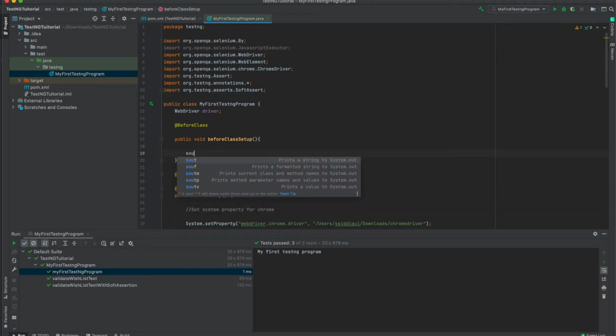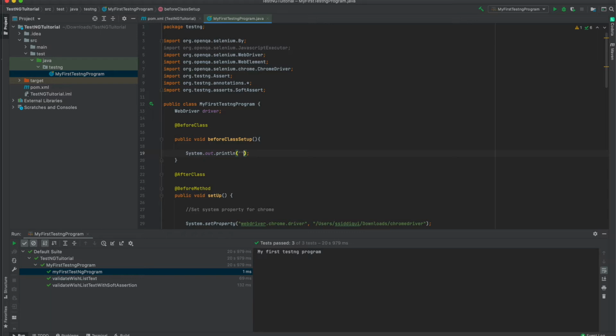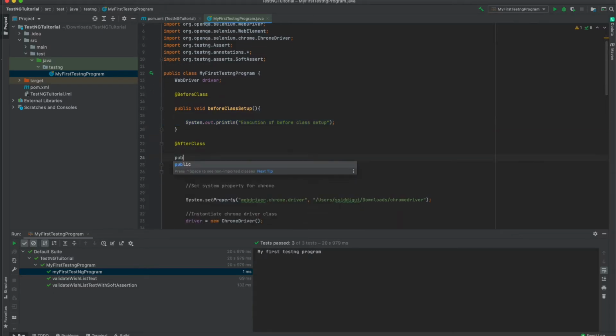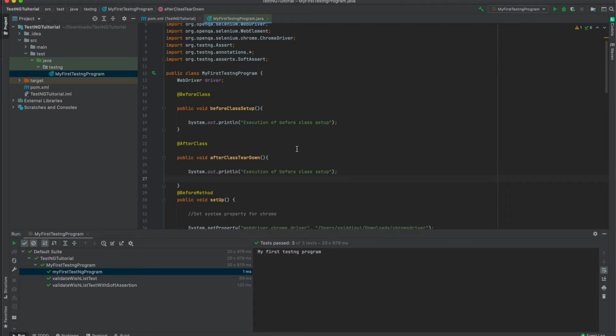And we are going to print something like, so we are just going to copy paste this thing, and we are going to create a new method. We are going to copy paste this line and